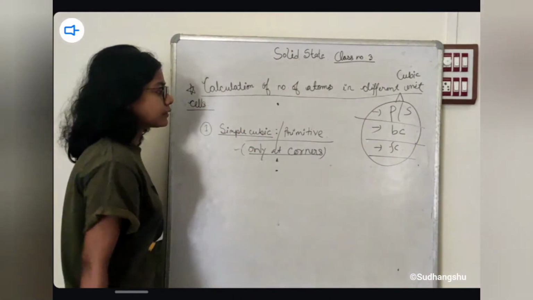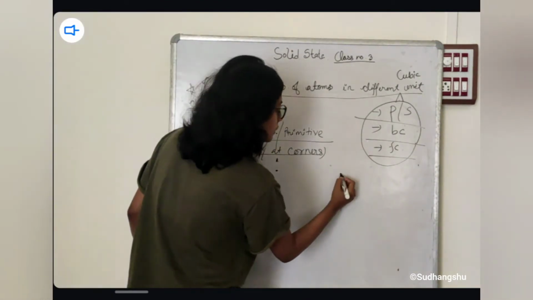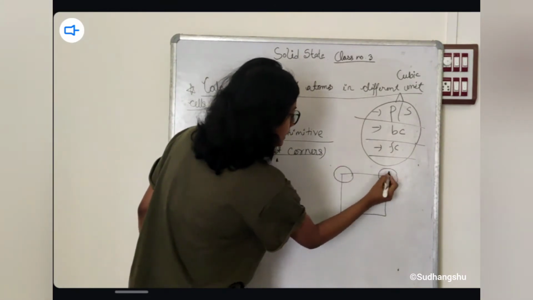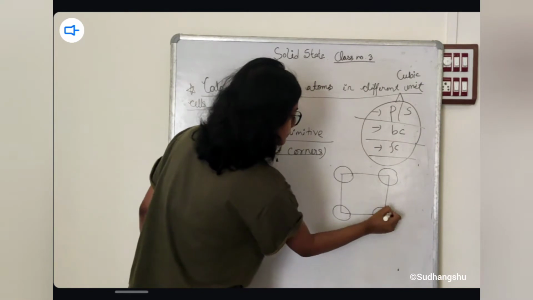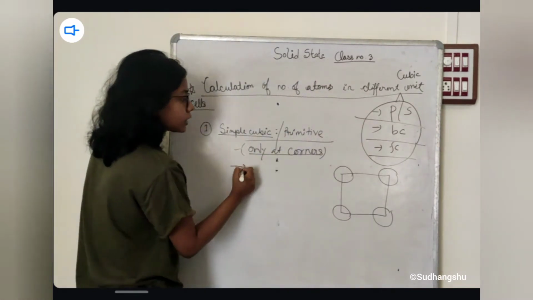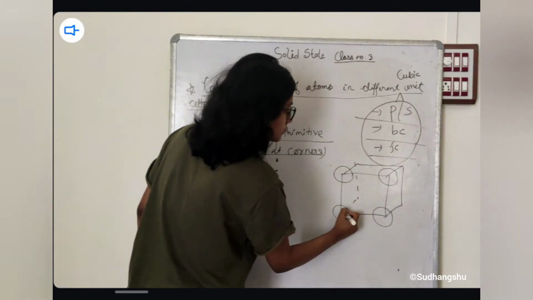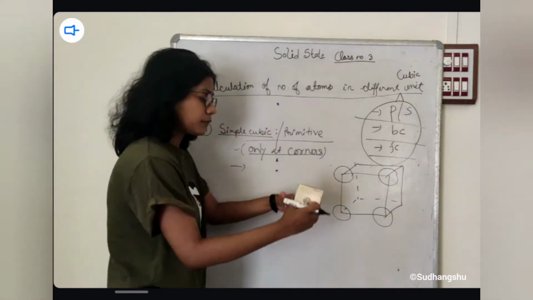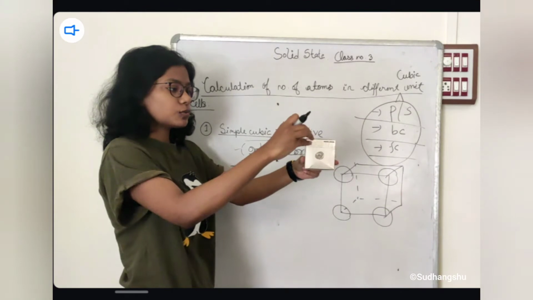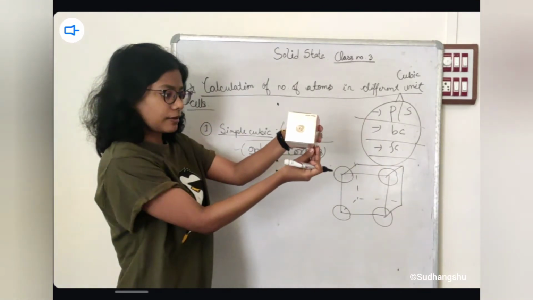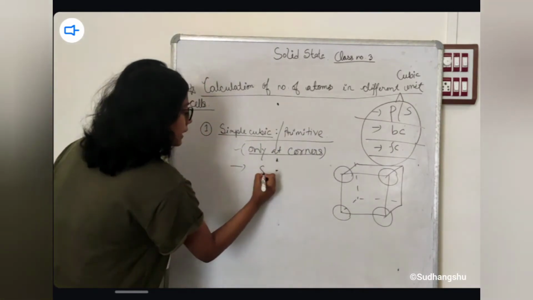Constituent particles are only at corners. So only at corner positions. Now, how many corners are there in a cube? Suppose this is a cube. How many corners? 1, 2, 3, 4, 5, 6, 7, 8. So there are 8 corner